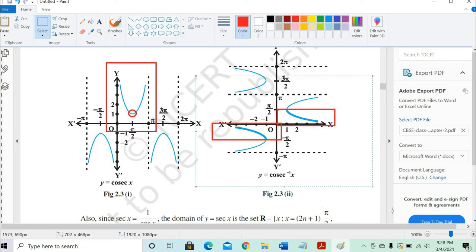But we want unique values only. So unique numbers will come only from 0 to pi by 2, because none is getting repeated. Single input, single output. Clear? Yes, sir. It's clear. Excellent. Similarly, you go from 0 to minus pi by 2. Again, it's unique. When you go from sine 0, you get minus infinity to minus 1. Again, the unique values of y with the unique input of x.